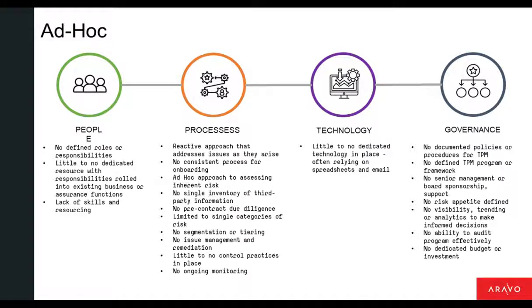Now, that might be okay if you've got, say, half a dozen or a dozen third parties, but most companies are working with a lot more third parties and suppliers than that. I think the average number for our customers in terms of the number of third parties they have is around 55,000. I know Dave will have the exact figure, but I think it sits at around that. So companies today, particularly the multinational, international companies, are working with hundreds, thousands, and in some cases over 1 million third parties.